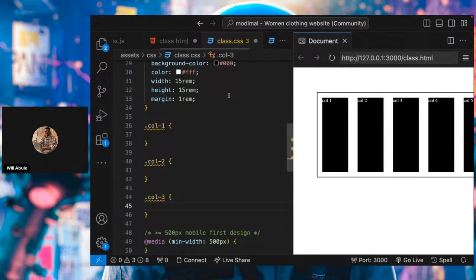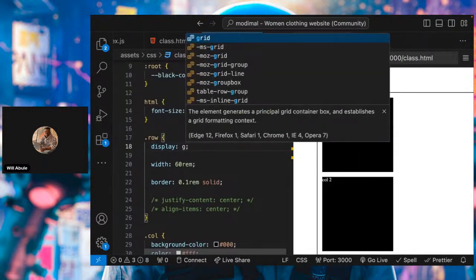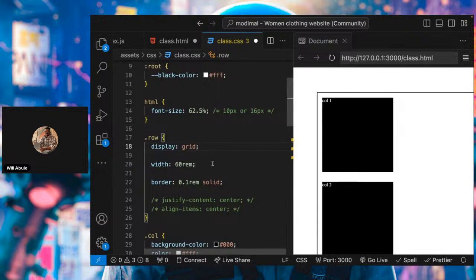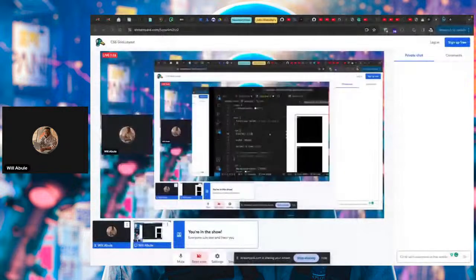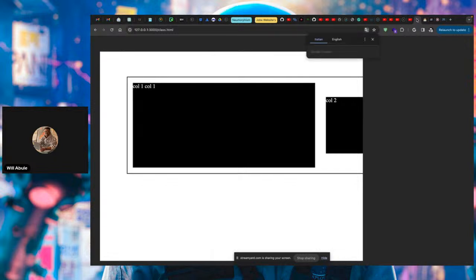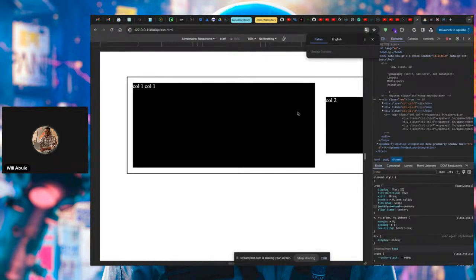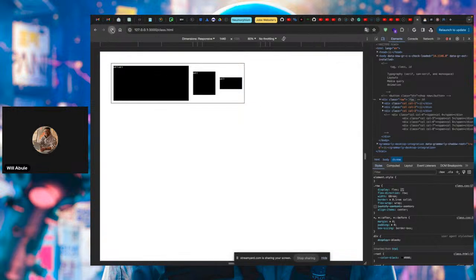Now, this display we have here, I'm going to change it to grid. And that's how you make something display grid. So when you say display grid, your HTML element is going to be a grid. If we go to our web page, and if we refresh,